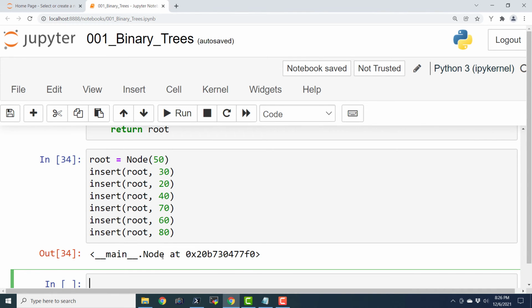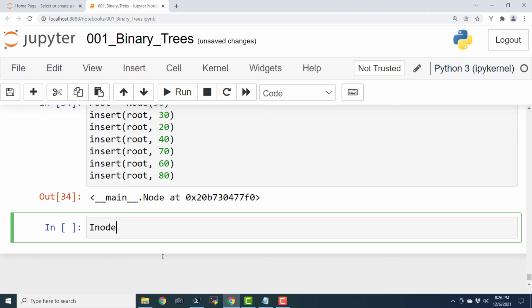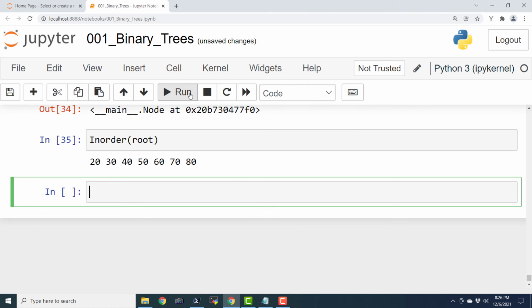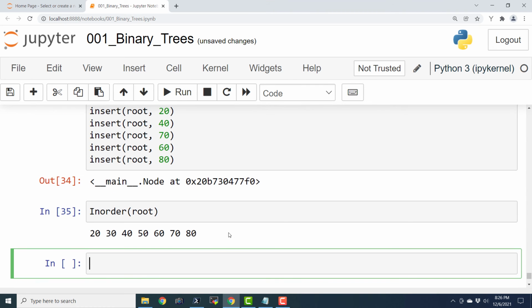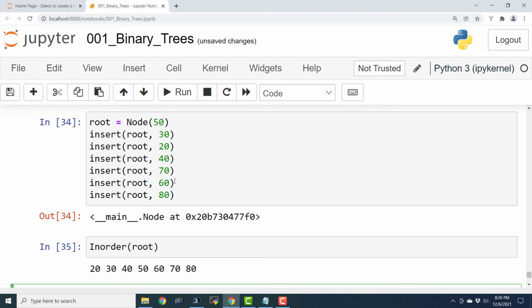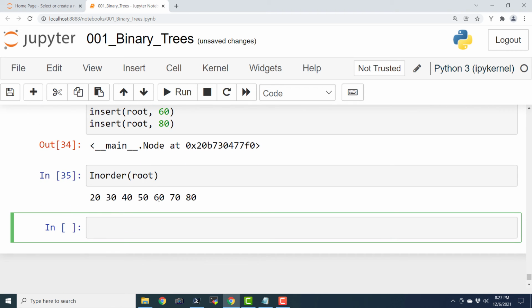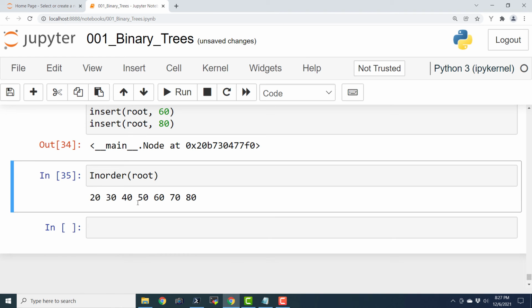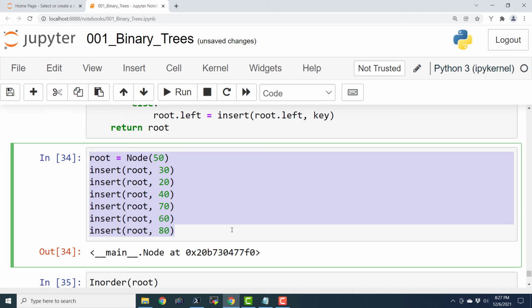After that we are going to call inorder, which we have defined earlier. In the earlier episodes we had defined this inorder, and if I execute this, it is going to print the inorder traversal of the given tree. So it is 1 2 3 4 5 6 7. Basically it is going to print it in ascending order, and this is the inorder traversal. It is very convenient for us to perform the binary search either on this list or on this particular tree.